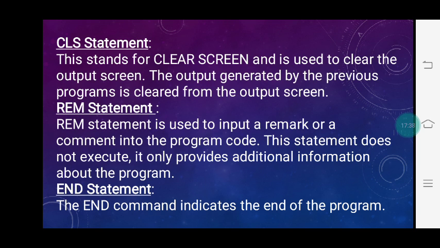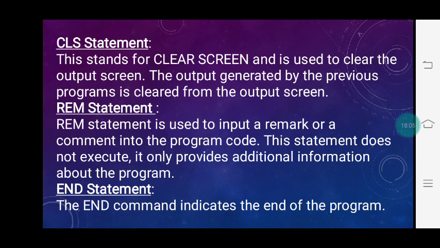For that I can use the REM statement and give the remark addition program. Suppose I am doing a multiplication program. For that I can easily give the remark multiplication program, like that. And the last one is the END statement. The END command indicates the end of the program.